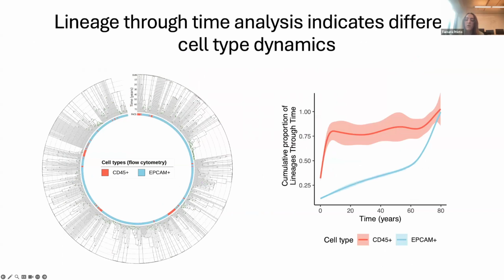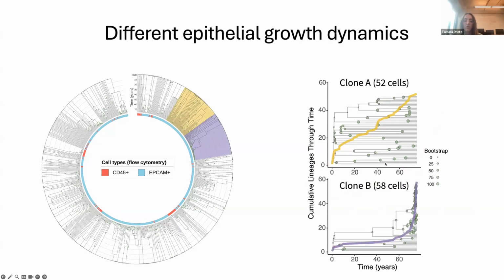And then we decided to apply a phylodynamic analysis based on the accumulation of lineages along time. So smoothing the curves for immune and epithelial cells will reveal different dynamics. The more linear accumulation of the epithelial cells is likely due to continuous replenishment of the cells from the basal progenitors, while the hematopoietic stem cell population has been previously shown to grow exponentially before birth and stabilize throughout adulthood. And we likely sample only one descendant of each stem cell within the esophagus, except for the cases of T cell expansion. So this analysis can capture that biology. And then we focus on the dynamics of the epithelial cells.